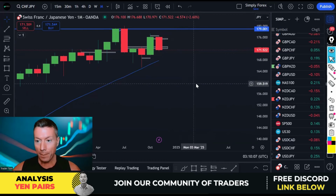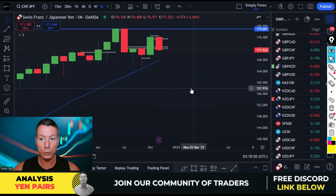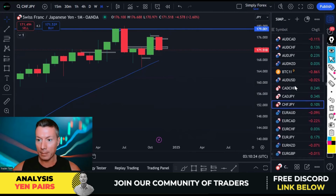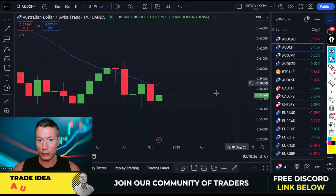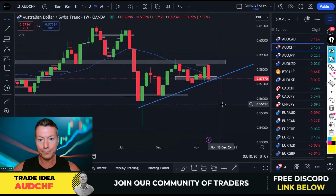However, the other currency pair in focus is Swiss franc yen, right? And we're seeing yen strength, but we're not seeing Swiss franc strength. In fact, I'm looking to capitalize on Swiss franc weakness. And if we start with Aussie dollar Swiss franc, guys, all right? Now, if we start with the weekly chart,